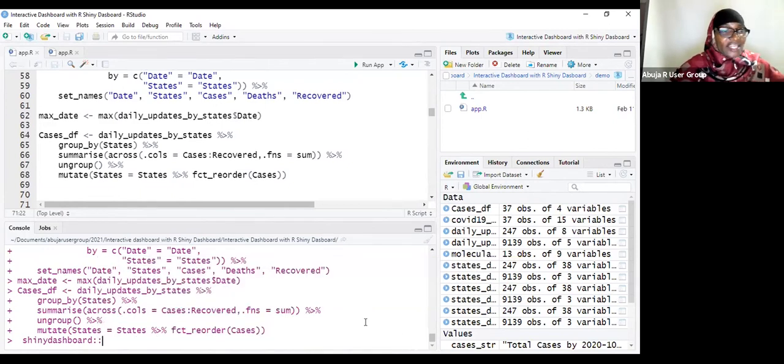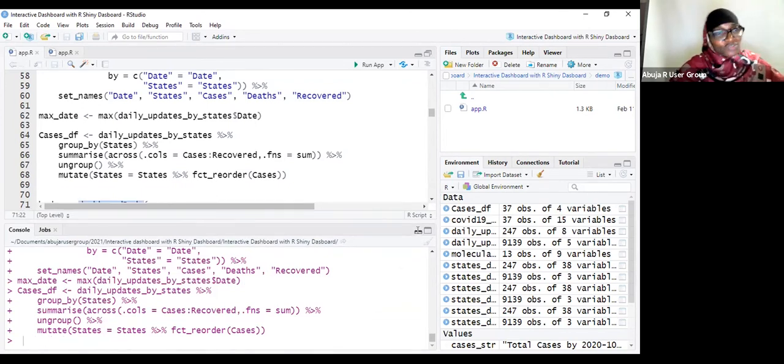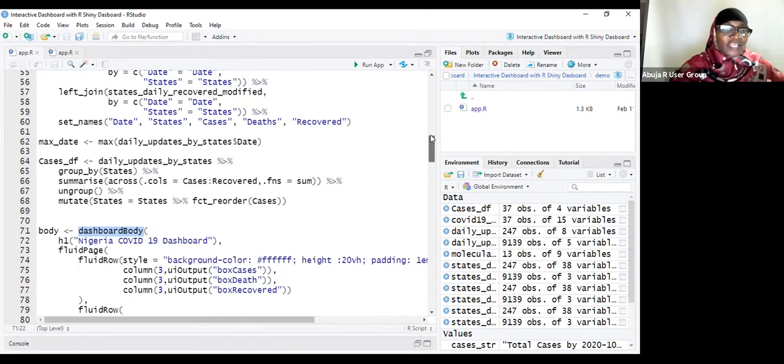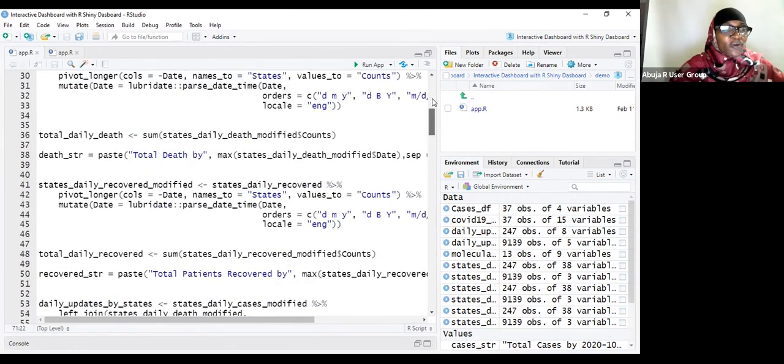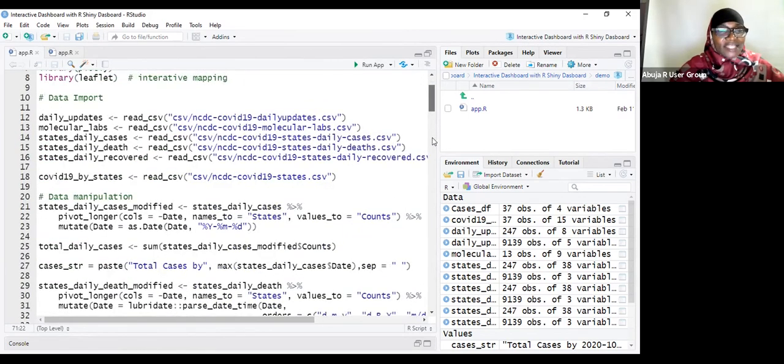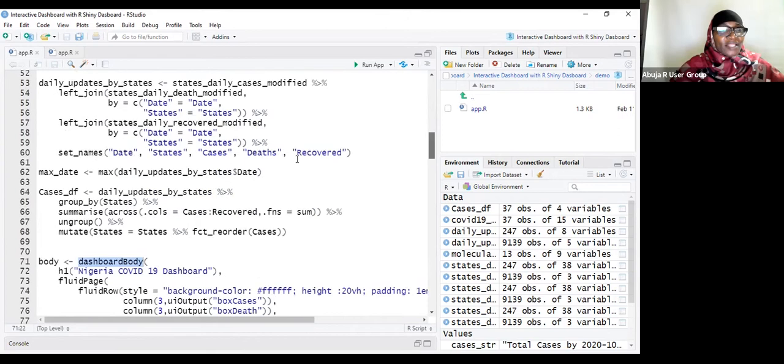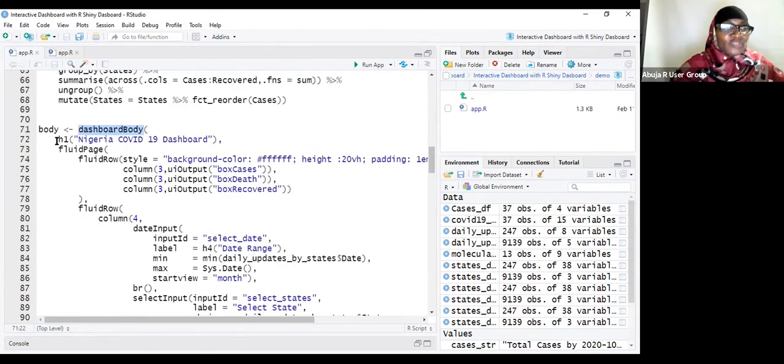So that's where the dashboard body and the sidebars that you'll see on my screen, that's where they all came from. So for the body of my dashboard, I created this. The first thing that I wanted to have was a heading that tells you what you are actually looking at on my dashboard. It's all about Nigerian COVID-19 cases and deaths, and so that's why I just gave it its simple name,